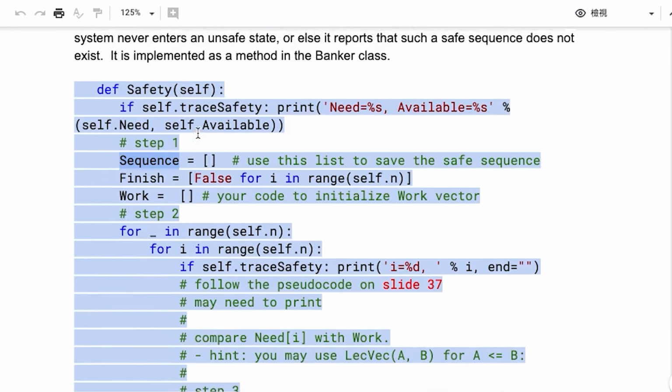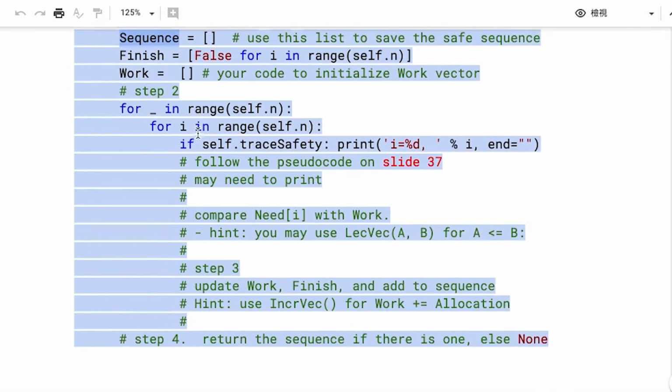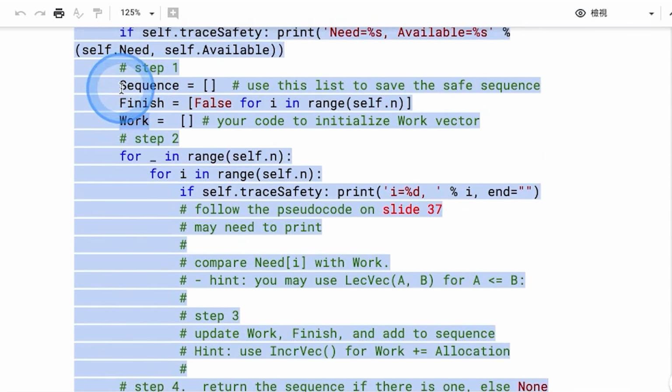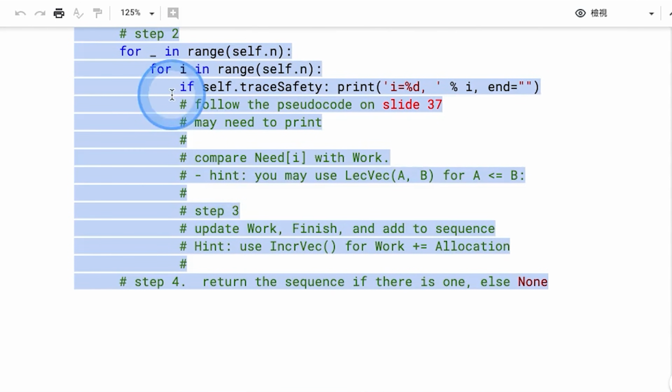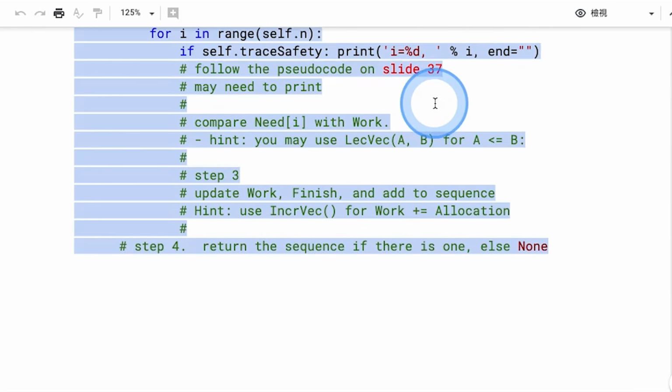And here, I am only using sequence and finish as local variables, and work as a local, rather than self.sequence, self.finish, self.work. Okay, put in the work, which is really just a copy of available. And so this is the outer loop and then the inner loop. Inner loop, check to see, well, I even tell you which slide you can find this.